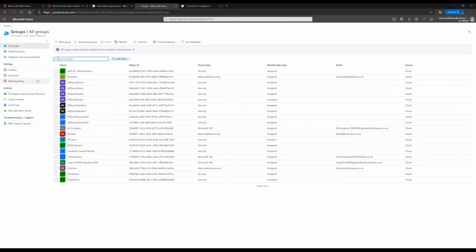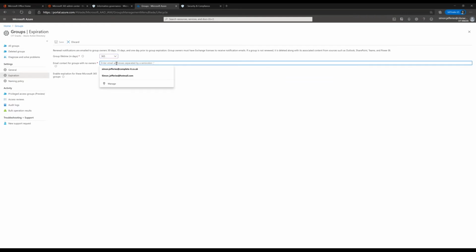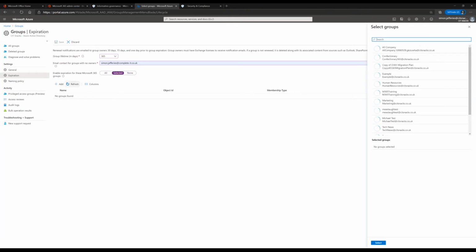So it's very simple to set under an expiration section in Microsoft 365. We simply set a lifetime. We set an email address for any team that doesn't have an owner for whatever reason to be notified instead, and then we can select all groups or selected and just add from our list of teams that you see here.